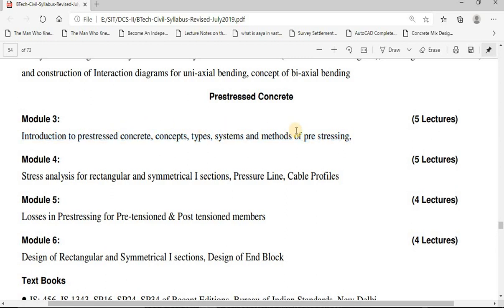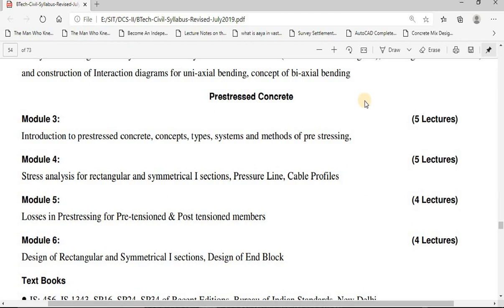I will tell you a simple way. What is this pre-stressing? Actually, let us consider a beam. Let us think that the beam is horizontal. When I apply some load on the beam, this beam is going to bend in this manner. So what is this pre-stressing? As we know that the beam is bending in this manner, before applying the load we are going to apply a certain amount of stress and we are going to construct the beam in the opposite manner like this. So when we apply the load, this beam will be in horizontal shape.